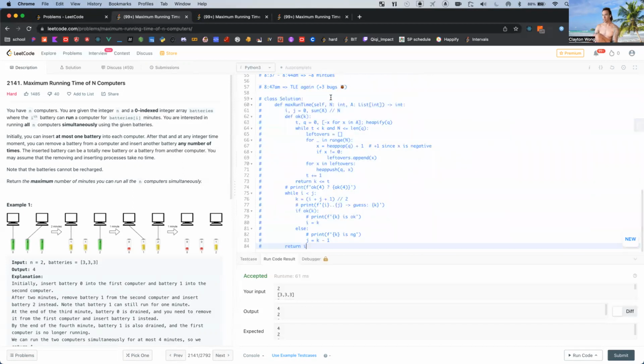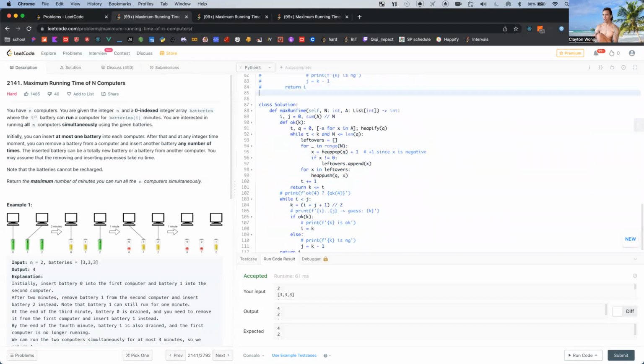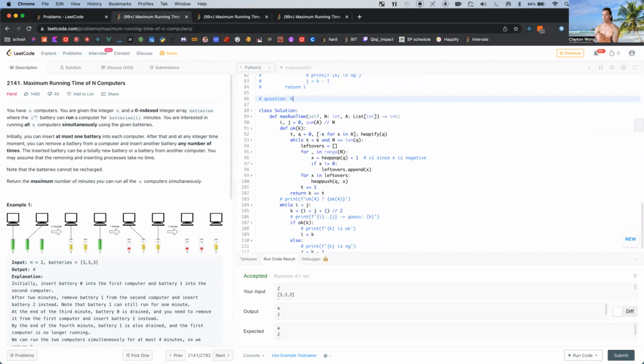The question here is how to perform validation in linear time. Is okay is currently quadratic, which results in TLE, right?